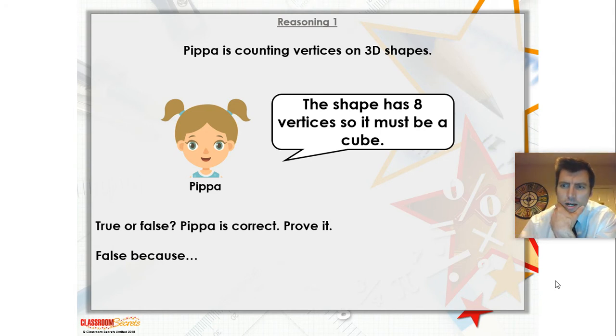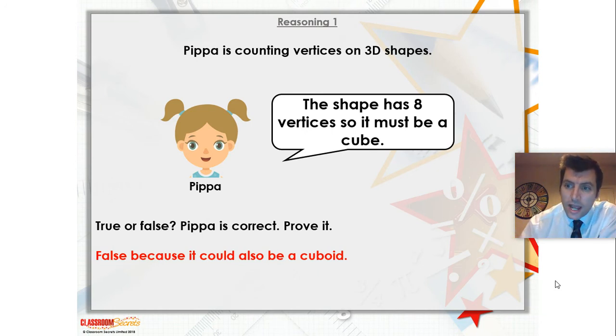Could it be another shape as well? Or has she counted the number of vertices wrong? When you draw yourself or make yourself a cube, or find a cube, see if there's any other shape which is similar to a cube. Lots of you spotting that a cube is also similar to a cuboid. So instead of all the faces being squares, you could also have a shape which has 6 faces, but 4 of those faces are rectangles,